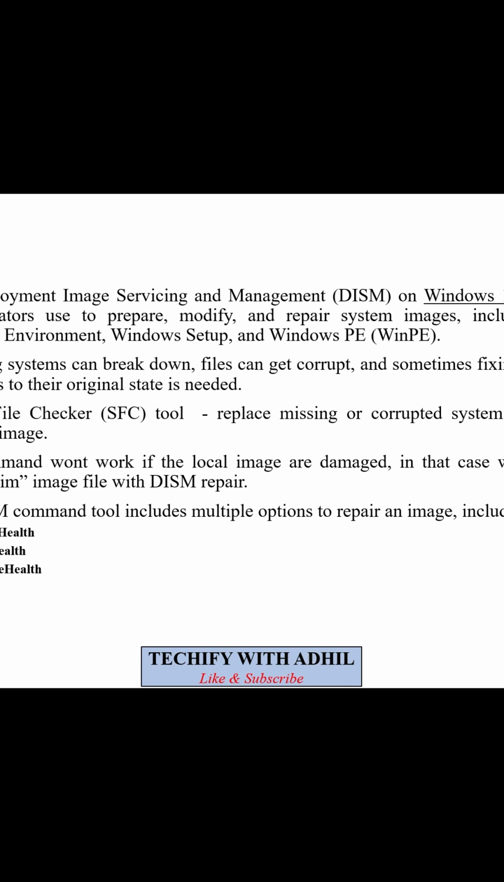DISM actually stands for Deployment Image Servicing and Management. It's a Windows tool, mostly used for administration purposes. It can prepare, modify, and repair system images, and is also helpful for Windows PE image preparation. When a file is broken or corrupted, it is useful for fixing that